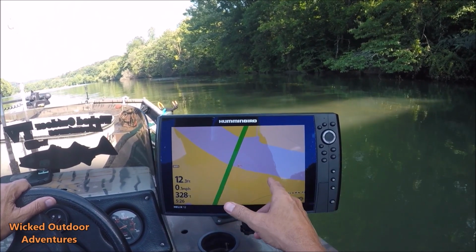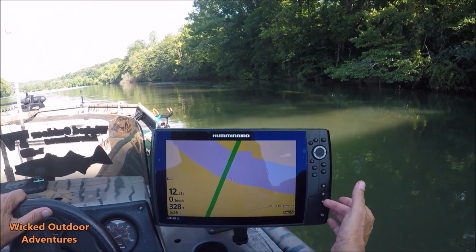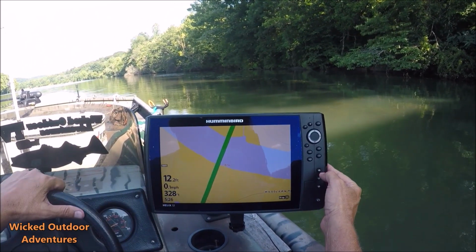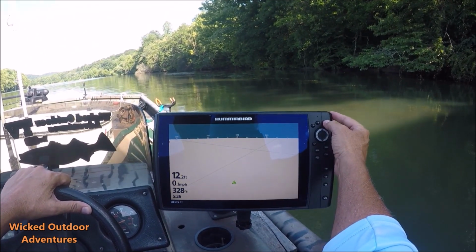But this is the GPS. Let's just say I wanted to save the GPS. These are your 3 quick set buttons. So I'm going to go right here. I'm going to push this in. Watch this. It says press and hold to set shortcut. Boom. Shortcut saved. So I'm going to go to my next screen I want,